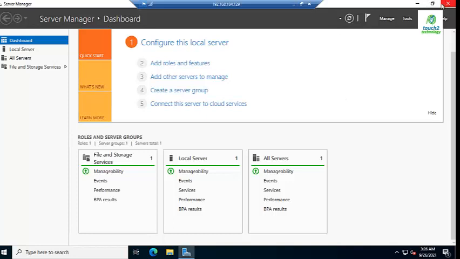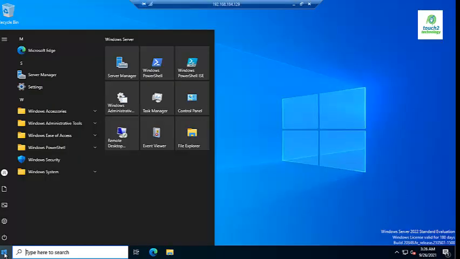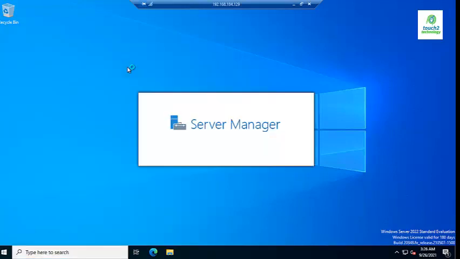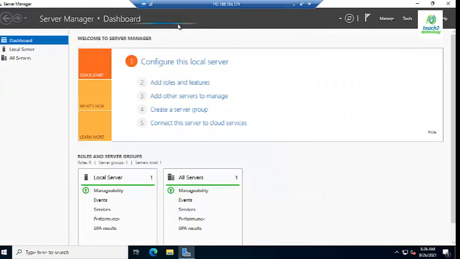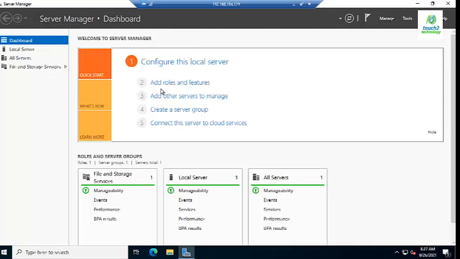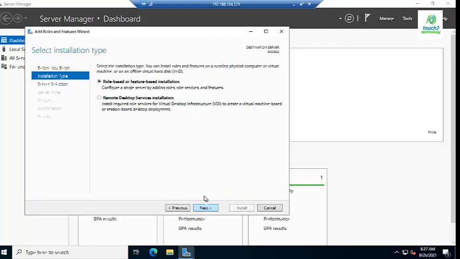So I will show you, friends. Click on the Start menu, then you can click on Server Manager. Here is one option, that is Add Roles and Features. I just click on that. Next.